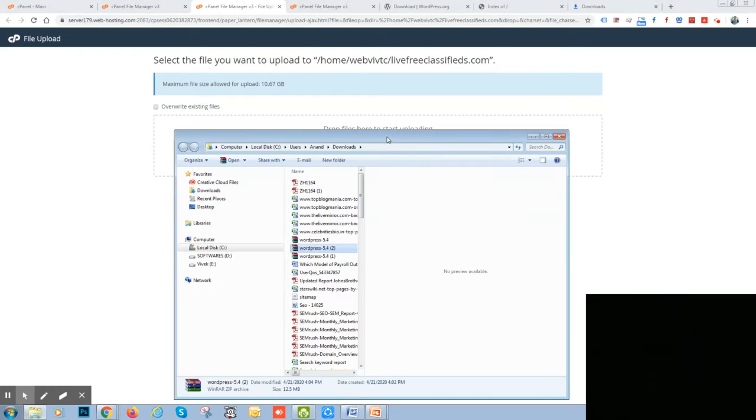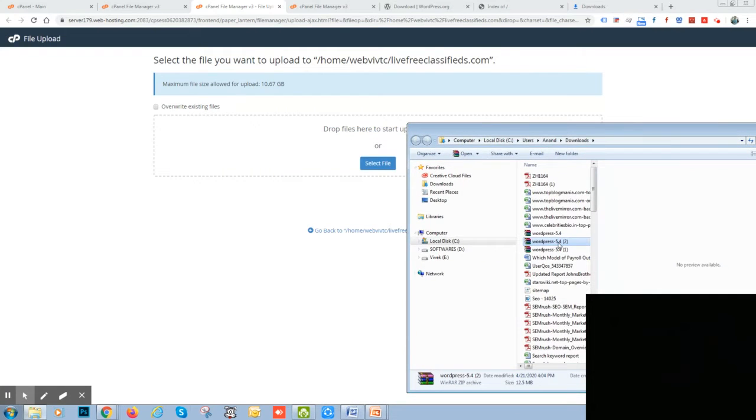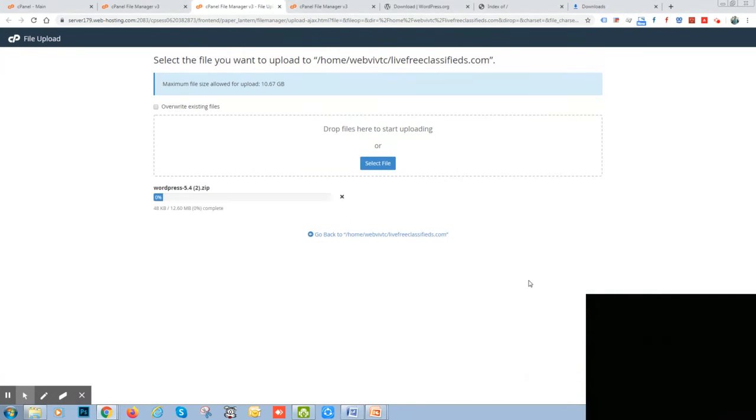Now you just drag and drop it here. See, there is a progress bar running, showing the file uploaded 6%, then 12, 29, 50, and 100. Yes, it's uploaded. The total file size is 12.62 MB.